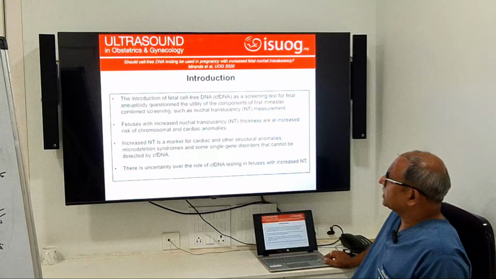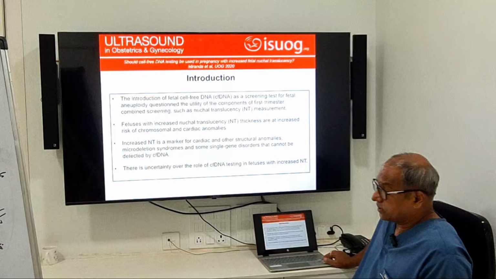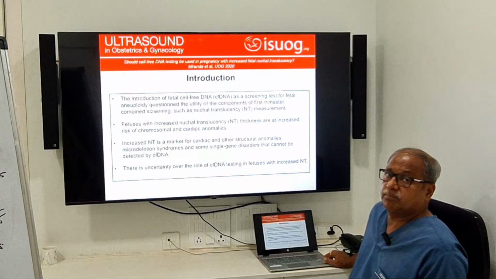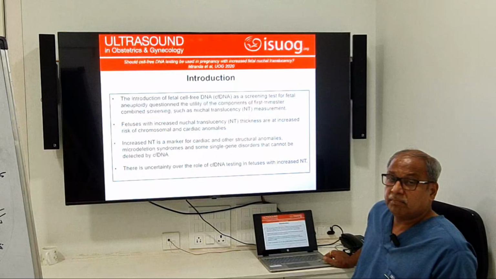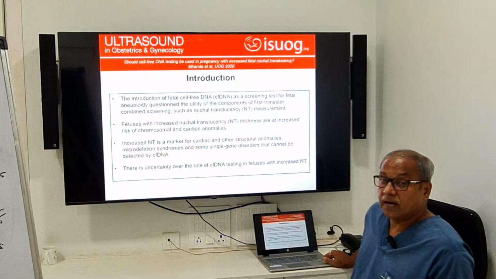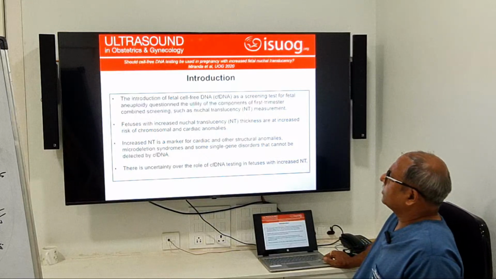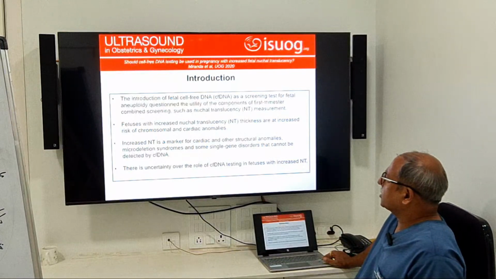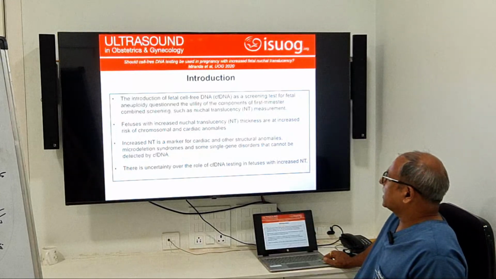Fetuses with increased nuchal translucency thickness are at increased risk of chromosomal and cardiac anomalies. So they have added another important thing to the chromosomal anomaly: the baby might also have heart defects. Increased NT is a marker for cardiac and other structural anomalies, microdeletion syndrome, and single gene disorders that cannot be